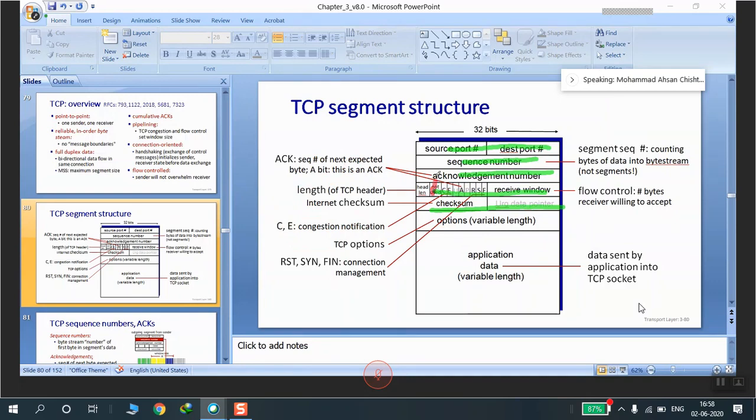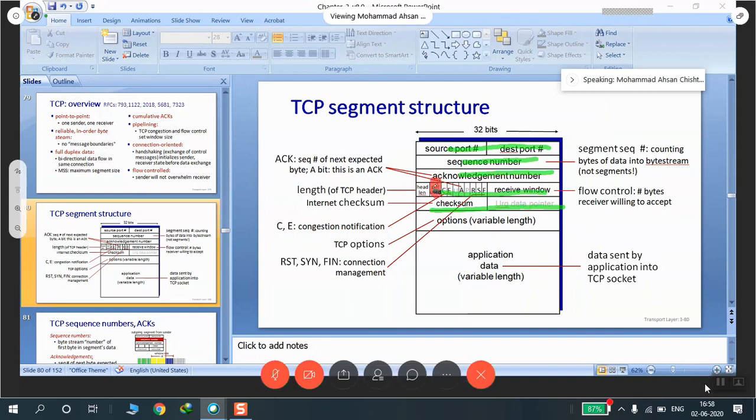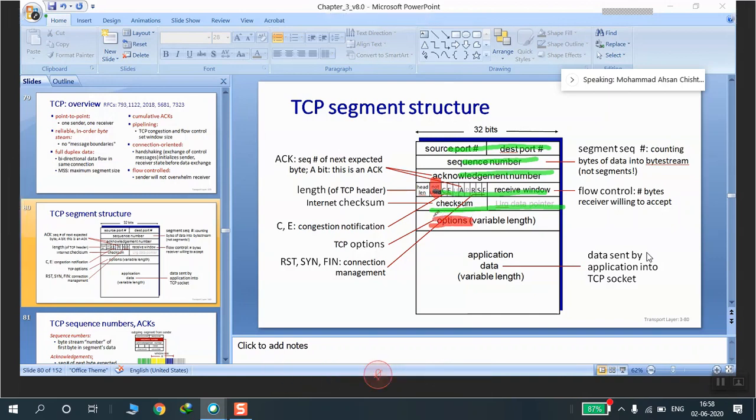Another thing that is somewhere here is not used. There's a difference between options and not used. Options are basically for when you want to negotiate between sender and receiver on certain things, like maximum segment size, or some other protocol between sender and receiver. You can use the options field. But not used has been kept empty, and it has been kept for future use. In case you want to set some other flags, newer things come in TCP, then these reserved 3 bits can be used.